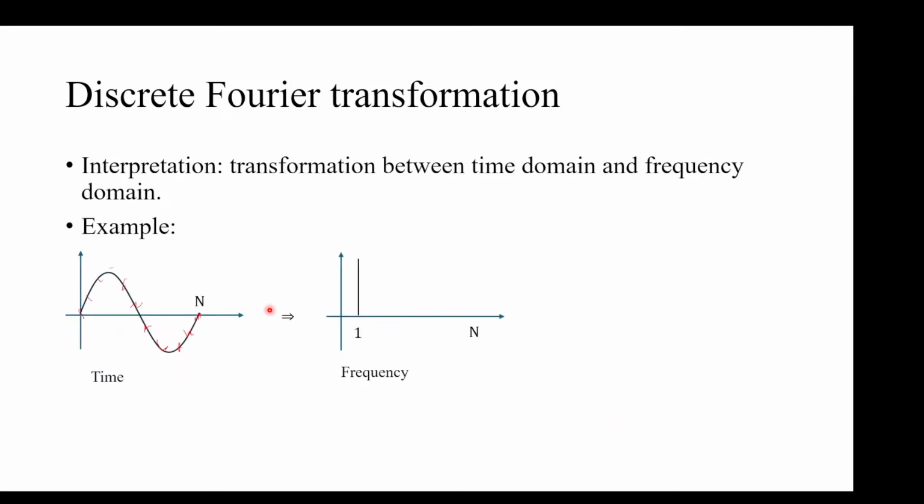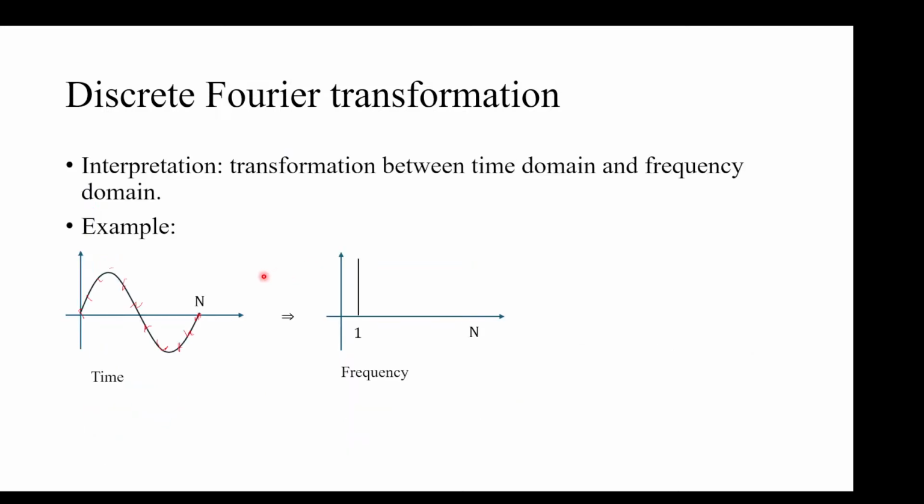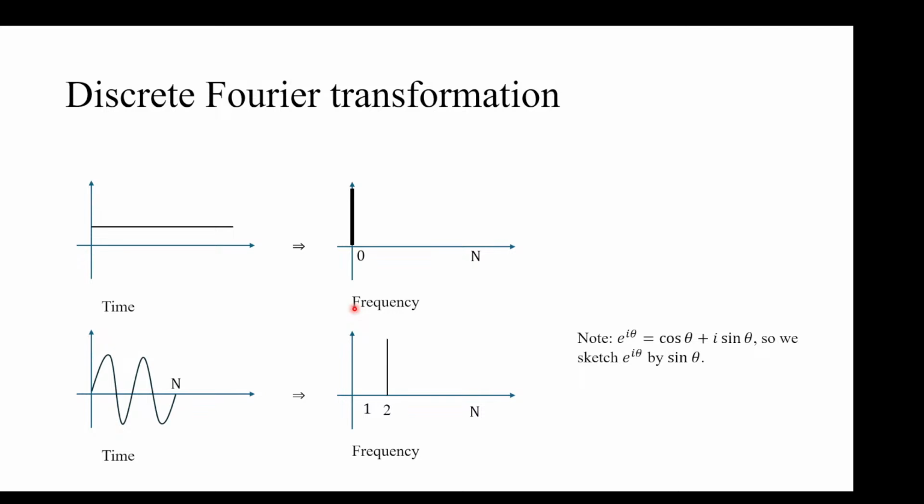So if this discrete signal is oscillating at a higher speed, then it will Fourier transform to a signal that has a higher value. If you have a constant signal, you will Fourier transform to 1. If you have a signal with frequency 1, or 2 pi, and then you have a higher frequency, it will Fourier transform to a higher frequency. Okay, but we just need to know it's very useful for signal